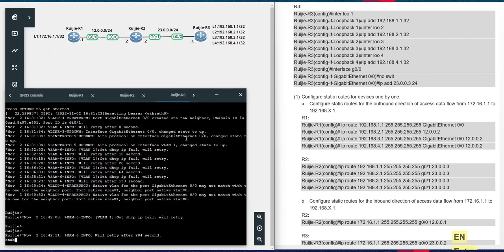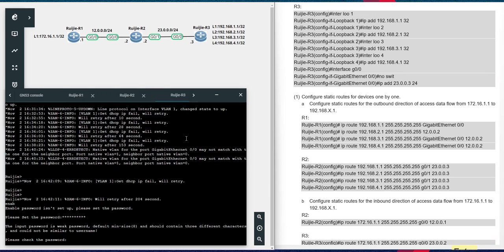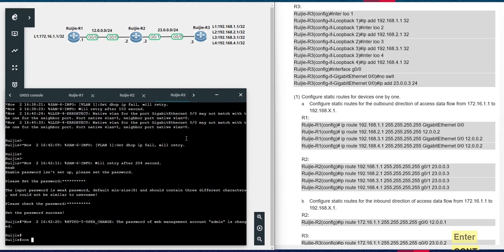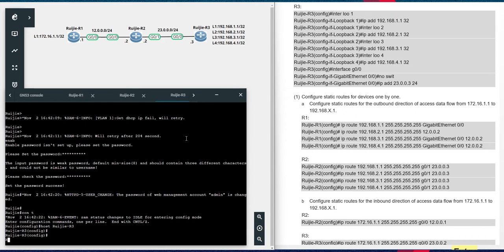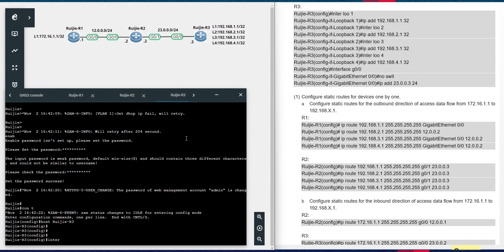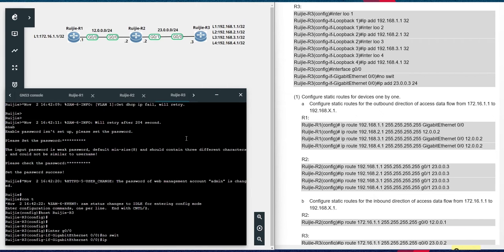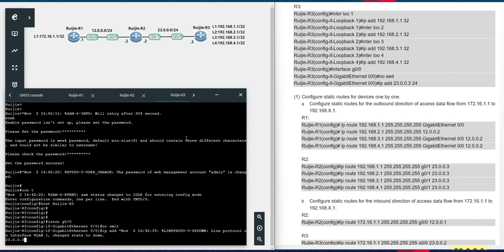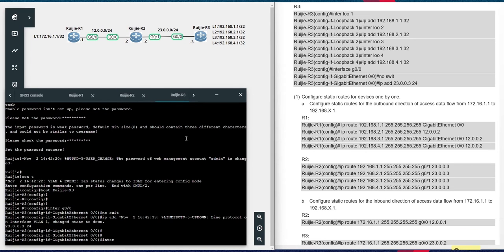Enable, and config T. The host name is Ruijie R3. Yes, and also create the interface gigabit 0/0, no switch port, IP address 23.0.0.2, mask 24, and create the loopback interface